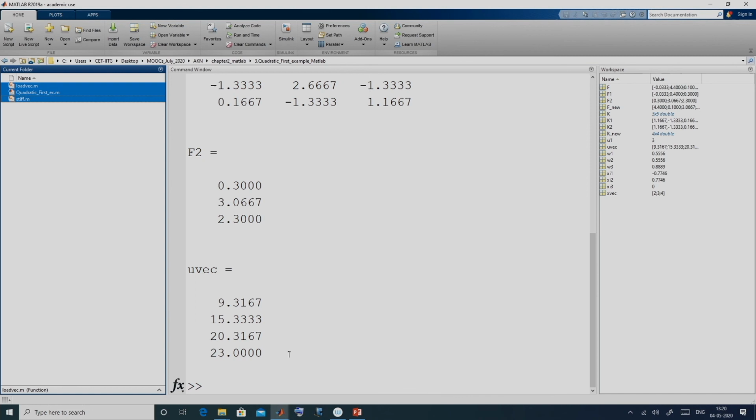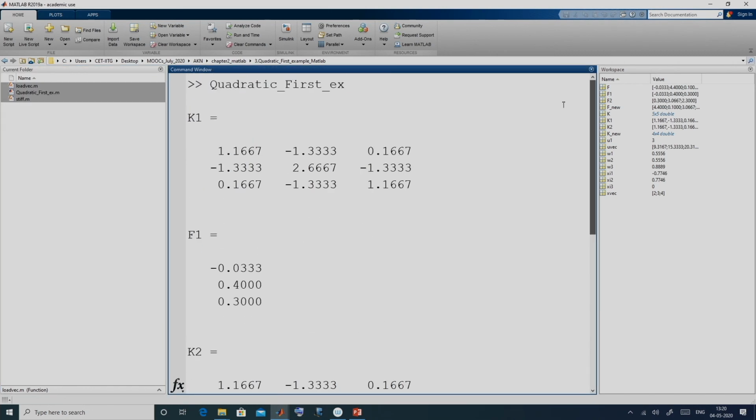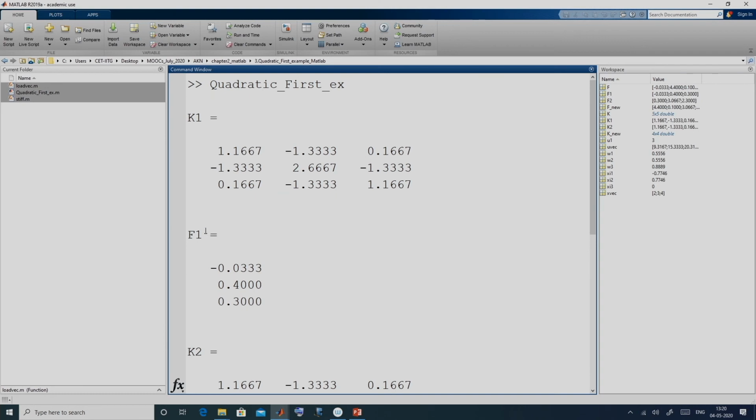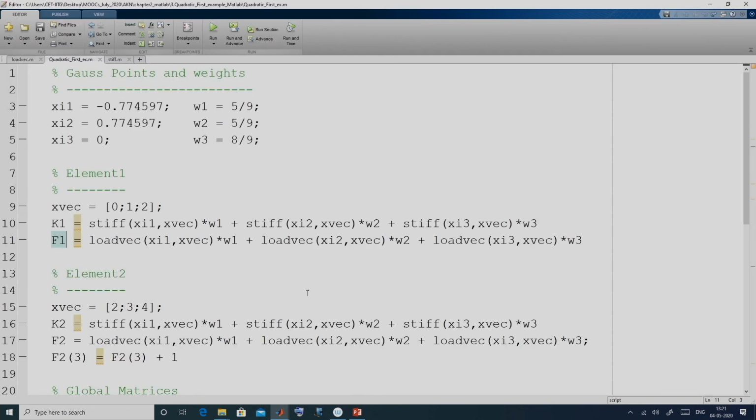If you see the command window, this K1 is the element stiffness matrix for the first element, and this is the element load vector of the first element.